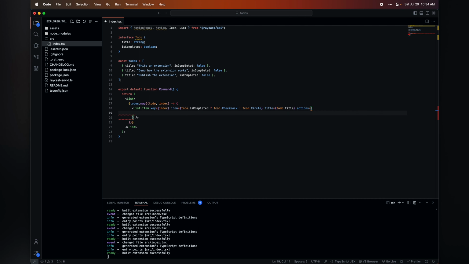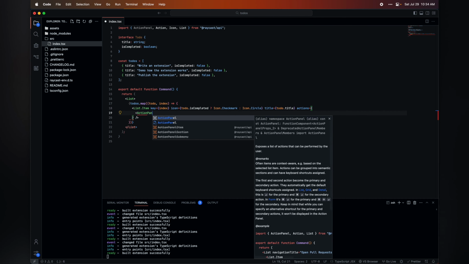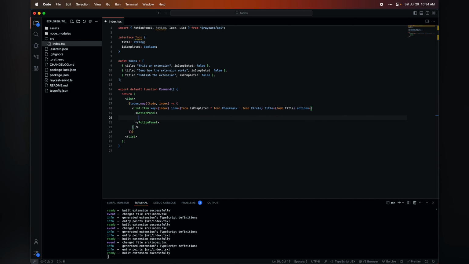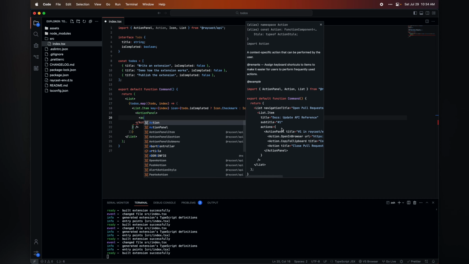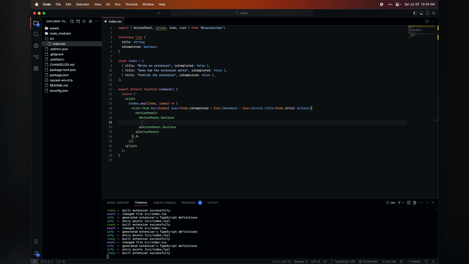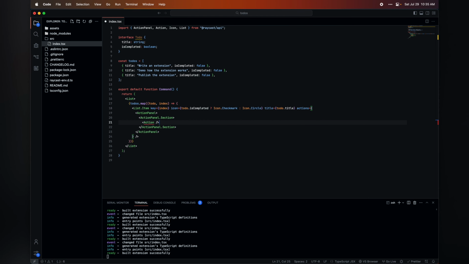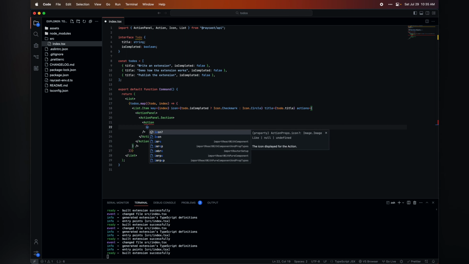So what it expects is an ActionPanel, and in this ActionPanel we'll do this for later, but we'll put an ActionPanel.Section, and in this section we'll just first create an action, and let's see, the icon, this is going to be our isCompleted toggle. So the icon will be